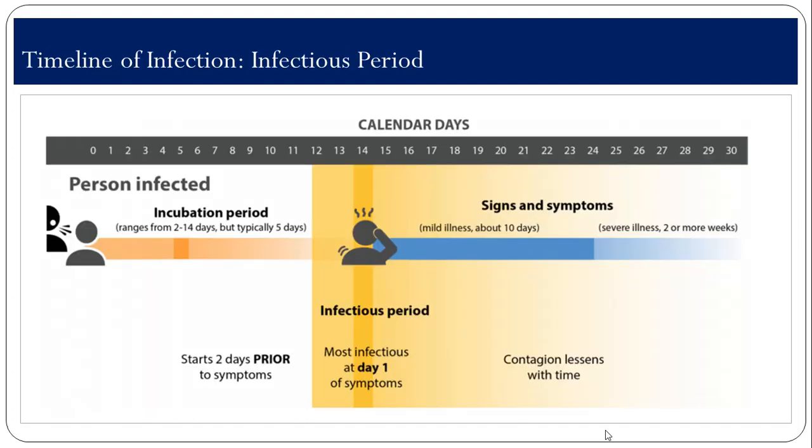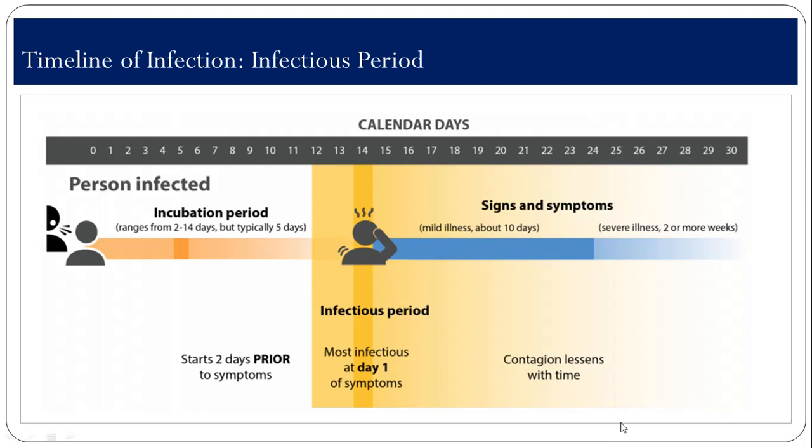So, the basic idea behind contact tracing is that if we can limit contact between people who are infected and others, then we can limit opportunities for this virus to be transmitted, and this is vitally important for COVID-19. This is one of the best ways that we can limit the spread of this disease.